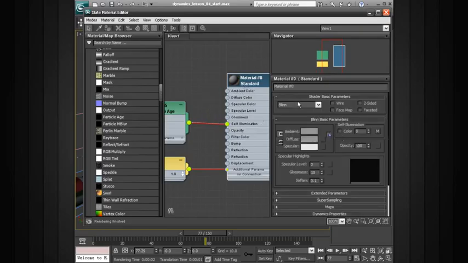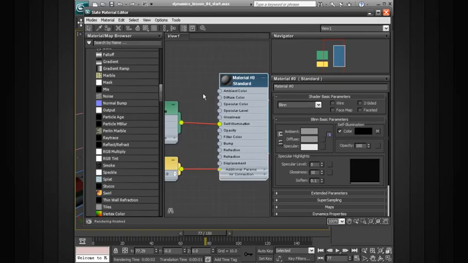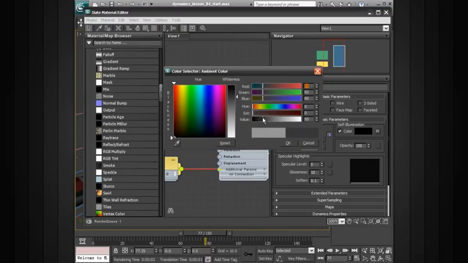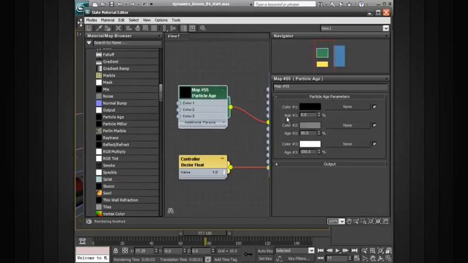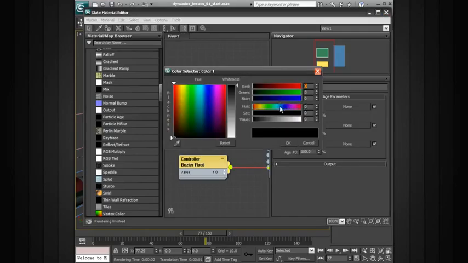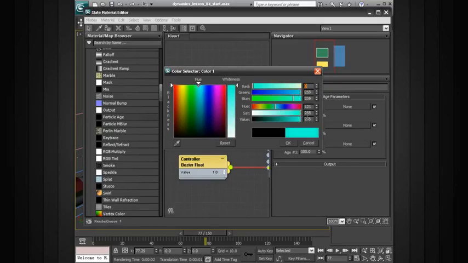Alright, and we'll go ahead and just double click on this material, turn on our self-illumination checkbox. And for now, I'll just take the ambient and diffuse and just bring these down to black. So essentially, now we can use this particle age to actually shade our particles based on when they're born and when they die. So just so we can actually see this, I'm just going to come in and very quickly set up a few very bright colors in here. So some different colors that will very strongly contrast each other, just so we can make sure that this is